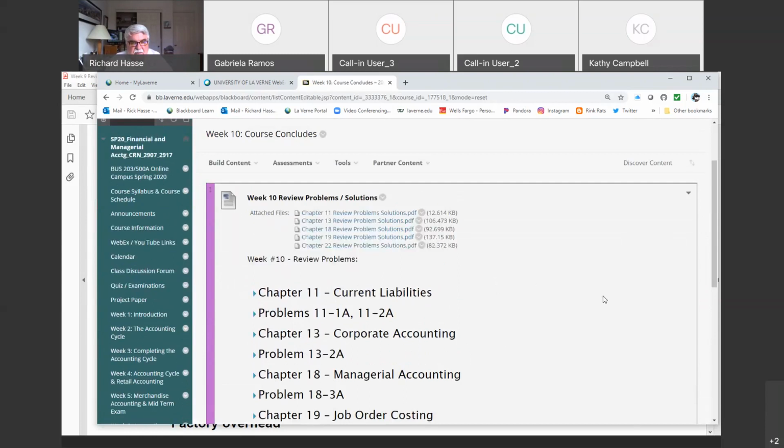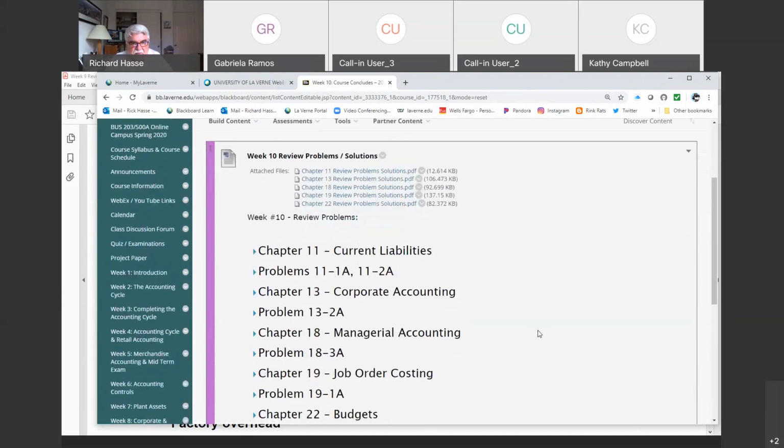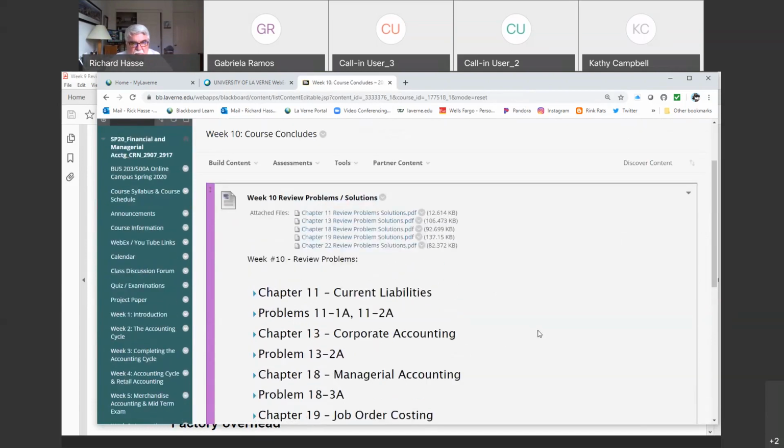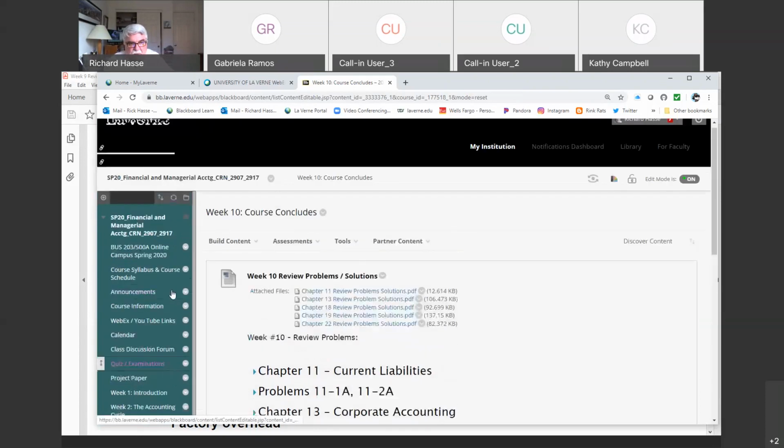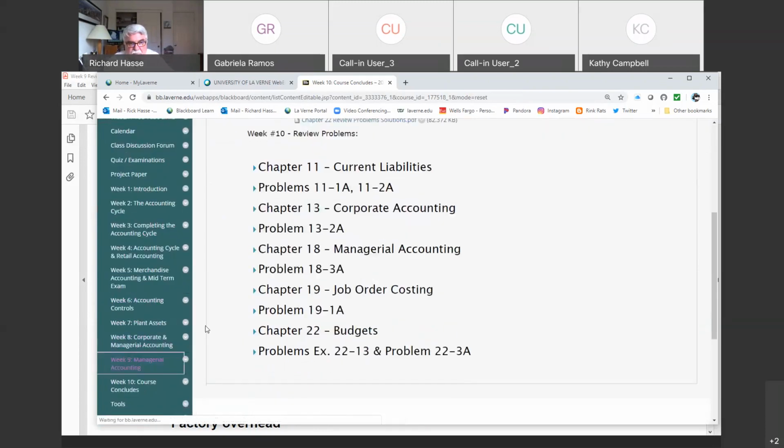But if you want any review of chapters 11, 13, 18, or 19, these might be some templates for you. But basically the problems, we've talked about the problems already: reconciliation, accounts receivable, depreciation, current liabilities. And tonight, the problems that we reviewed from 18, 19, and 21 are what you need to be concerned about for the examination. But these are some of the review problems from past chapters that you might want to look at. Okay, so back to week number 9 folder.